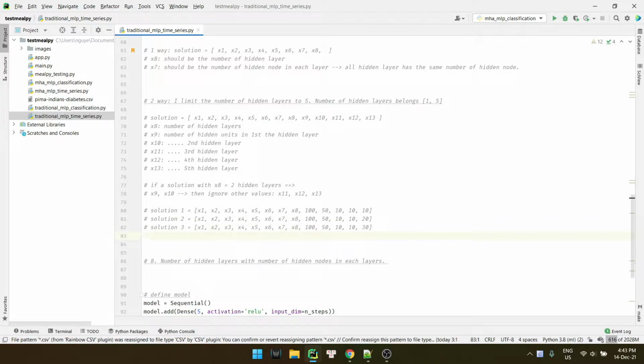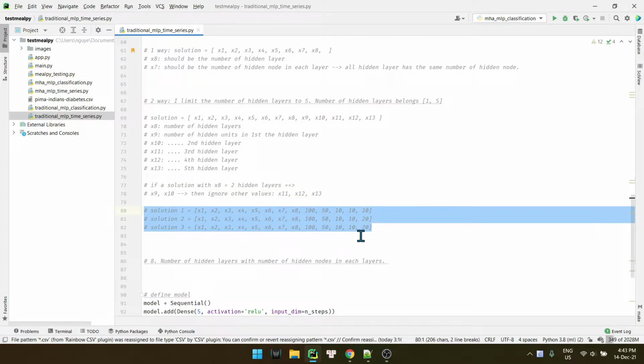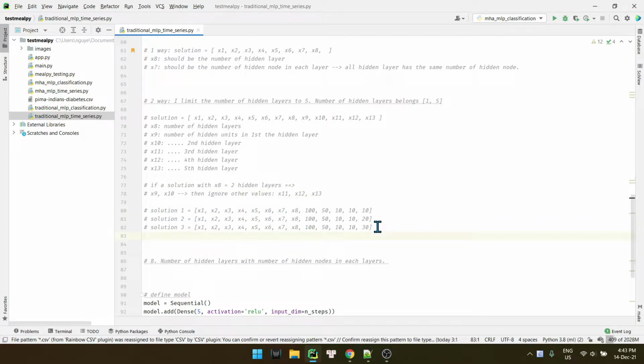So you see, because we ignore the values of x11, x12, and x13, all these three solutions will give us the same result. I mean that they are identical, right? Because we ignore all these three values.